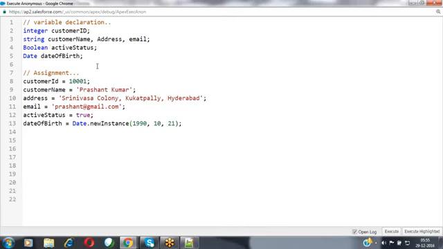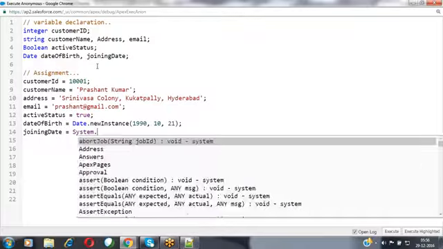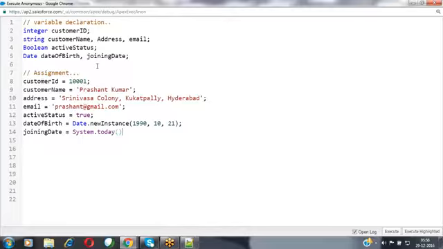Suppose you want to specify the joining date, assume that today is the joining date here. I'm specifying the customer's joining date. Joining date equals System.today. I'm using the today function.